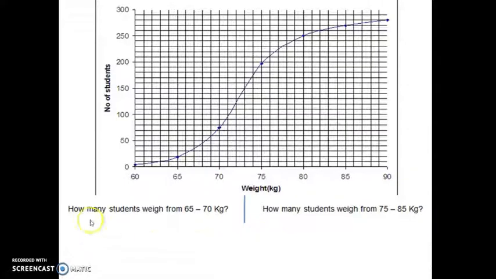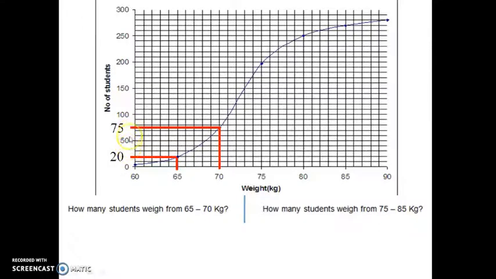Great, last question here. We have how many students weigh from 65 to 70 kilograms? So we go from 65 to 70, and we're going to see how many students that is. So that takes us to there. 65 takes us to 20 students, and 70 takes us to 75 students. So that means